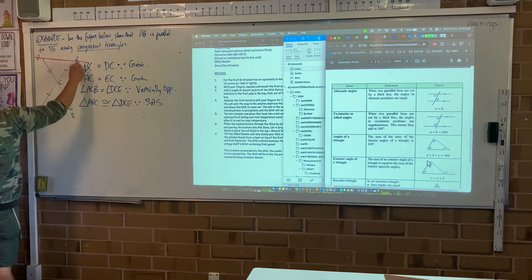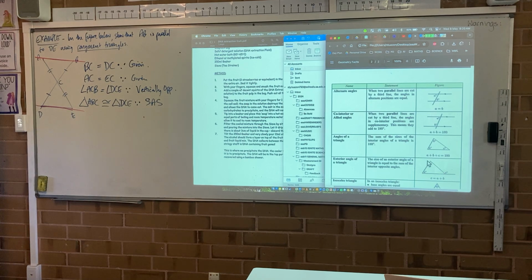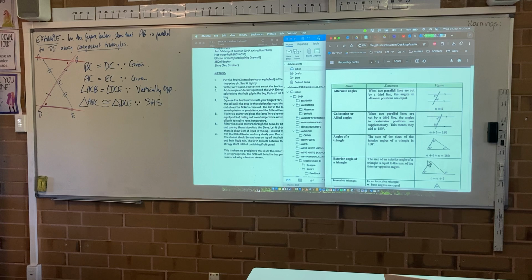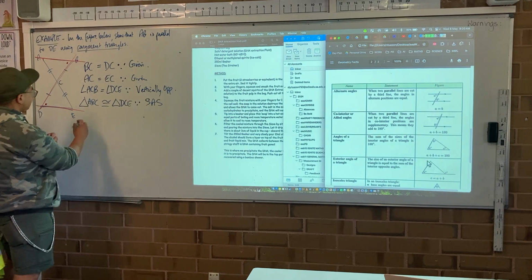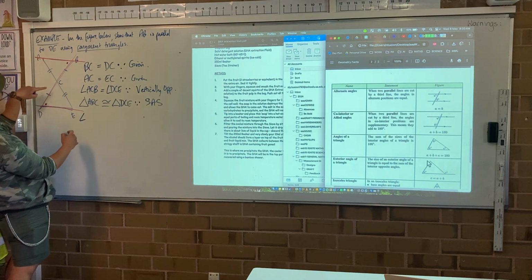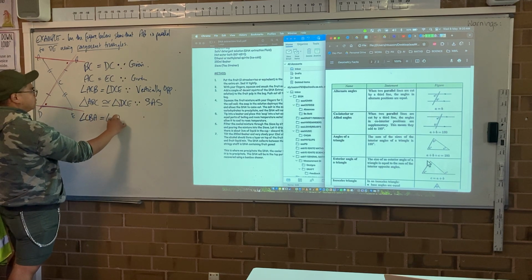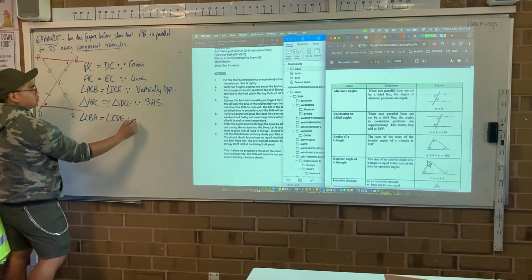So if they went on forever, is there a line going through both of those? DE goes through both of them? Or DB goes through both of them? If I prove that this angle here is the same as that one there, then are they parallel? Yeah. So the opposite of this? Is that true? Why is it true? Because they're congruent. Okay? So like he said, therefore, angle CBA is equal to angle CDE because congruent